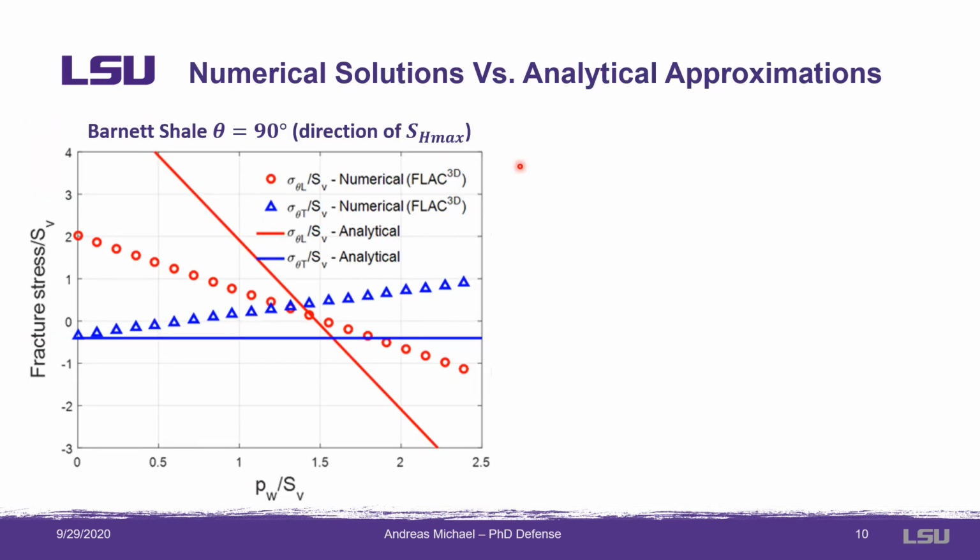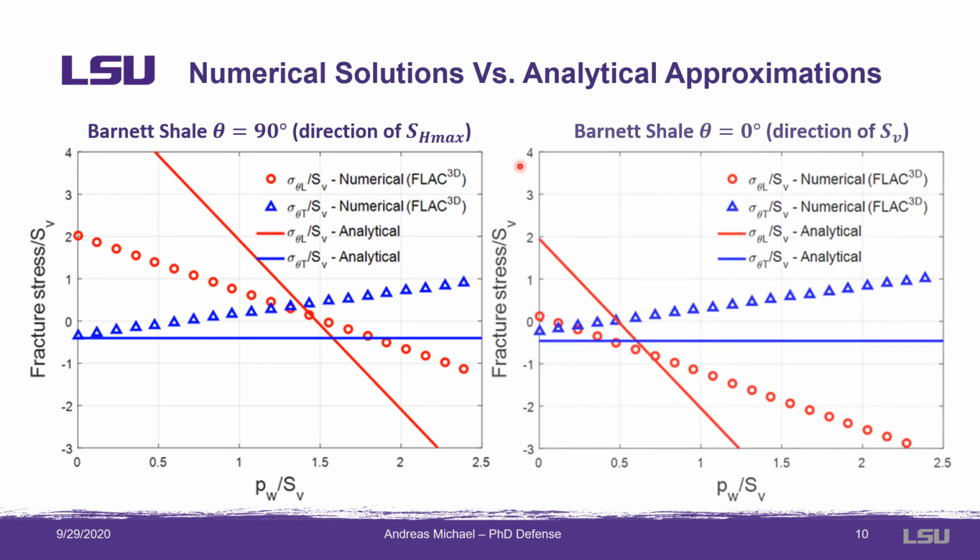Utilizing the true three-dimensional numerical model to calculate the longitudinal and transverse fracturing stresses against wellbore pressure for the parameters of the Barnett shale, we see that the exact numerical solutions are quite different than the modified Hossain closed form analytical approximations. This is both for perforations in the direction of SH max and perforations in the direction of SV. The solid lines show the modified Hossain approximations, while the points show the exact numerical solution. Nevertheless, despite the discrepancy, the situation is not terrible. We can easily tweak the analytical expressions to make them